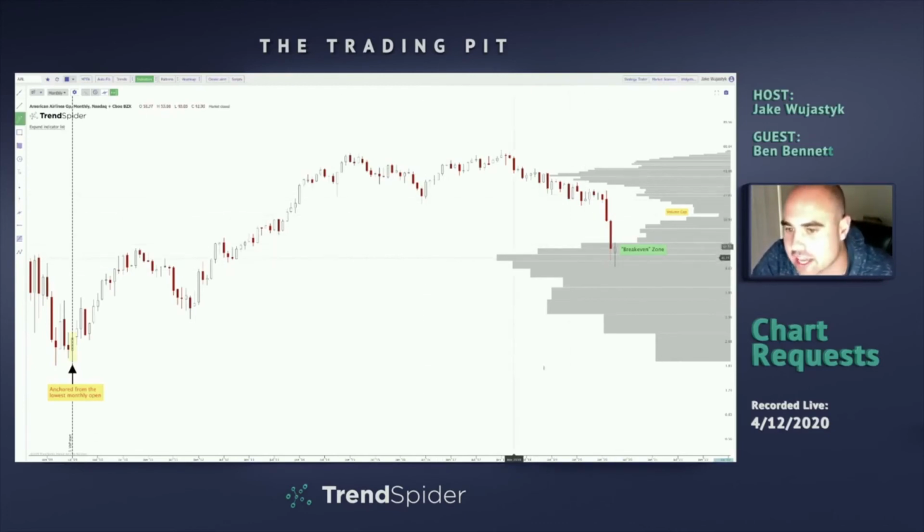So let's take $10 a share, right? Let's say that obviously this was your point of control. Remember, the point of control is just your biggest candle. So since our volume by price candle at $10 was the farthest to the left, that means the most shares since 2009 are distributed at this $10 point.